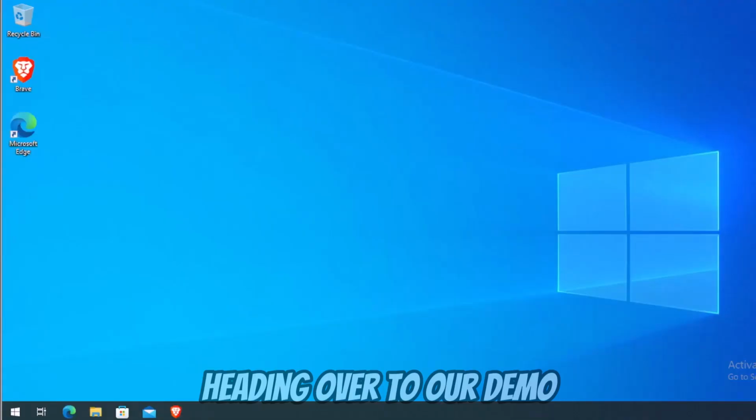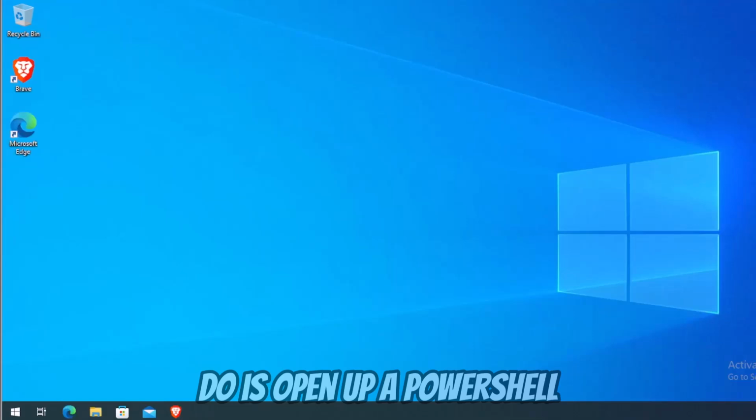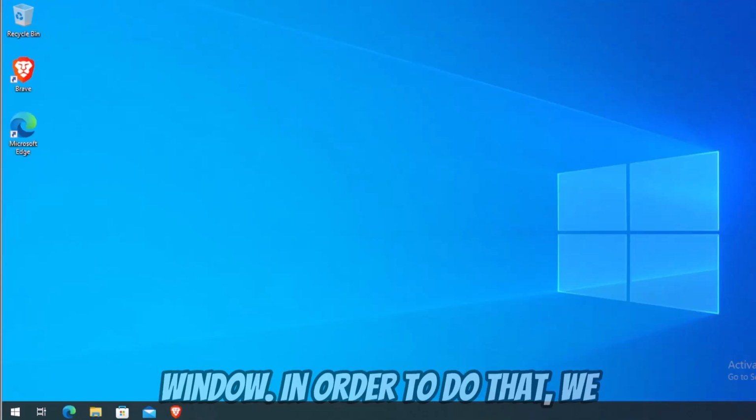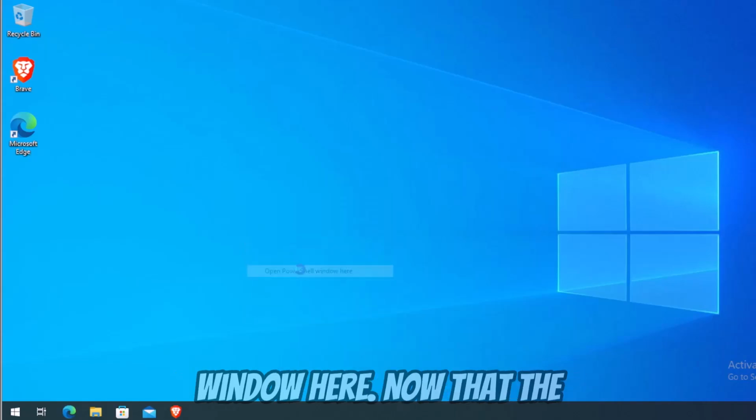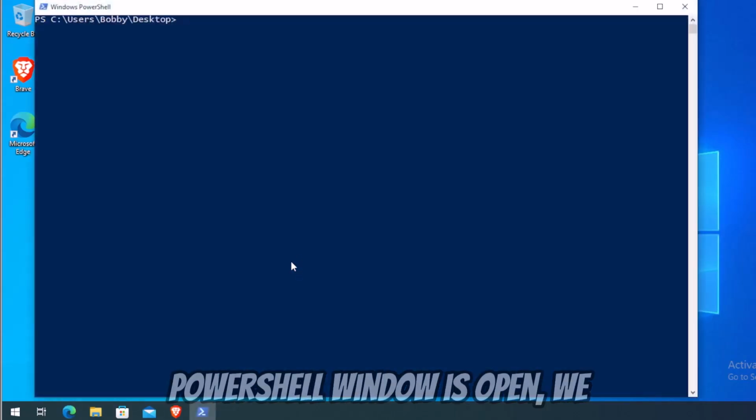Heading over to our demo machine, the first thing we want to do is open up a PowerShell window. In order to do that, we hold left shift and right click and click on open PowerShell window here. Now that the PowerShell window is opened, we can go ahead and type in